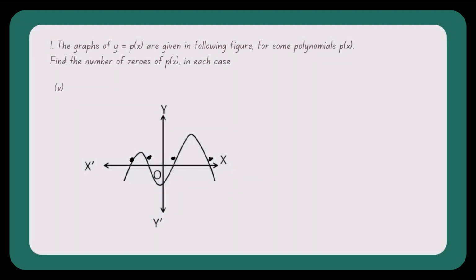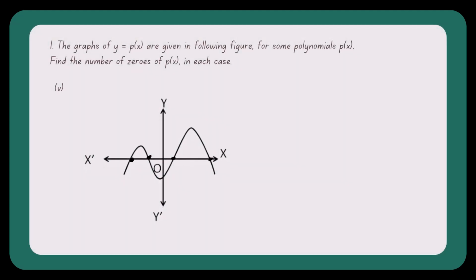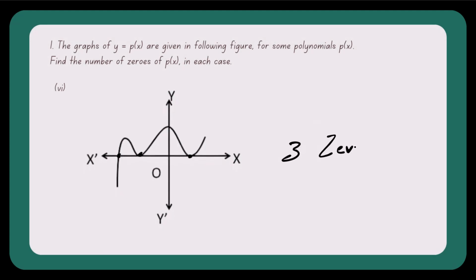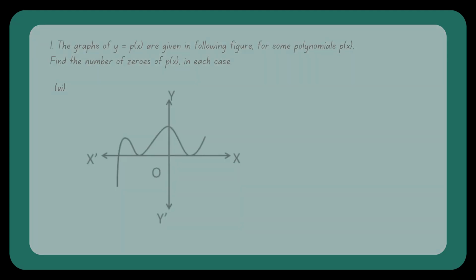The same way here, how many zeros are there? There are 4 zeros. So what is the reason you're going to say? The graph touches exactly at 4 distinct points on the x-axis, right? So I can say there are 4 zeros. The same way you have to say 3 zeros because the graph is touching at exactly 3 distinct points, right? Simple. So that's how you have to